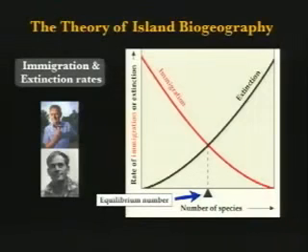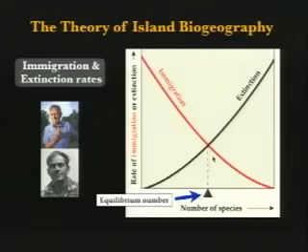A formal theory of island biogeography developed from the collaborative work of E.O. Wilson and Robert MacArthur. MacArthur was the more mathematically inclined. E.O. Wilson was the great naturalist and field biologist, and they got together and they produced a really influential series of papers and an influential book that attempted to put some more mathematical underpinning behind the study of islands in a biogeographic context. And they were interested in how we can explain how many species there are on different islands. And they related it to the rates of colonization of those islands, and based on the distance of the islands from their sources and the sizes of the islands.